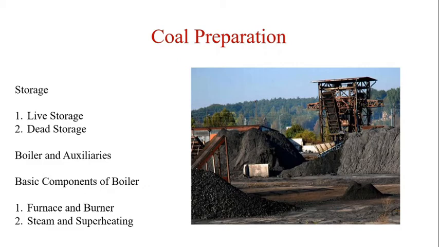The coal is next pulverized into very fine particles so that the coal will undergo complete combustion during the combustion process. After the preparation of the coal, it will be sent to the dryers to remove the moisture, which will decrease the efficiency of the combustion and also results in CO emission. After the drying operation, it will be sent to the magnetic separators.